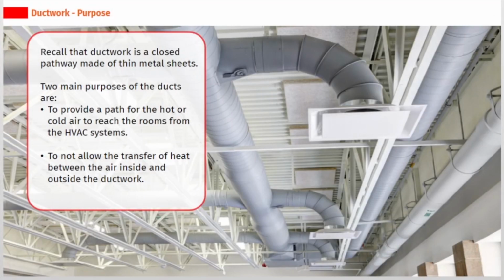Recall that ductwork is a closed pathway made of